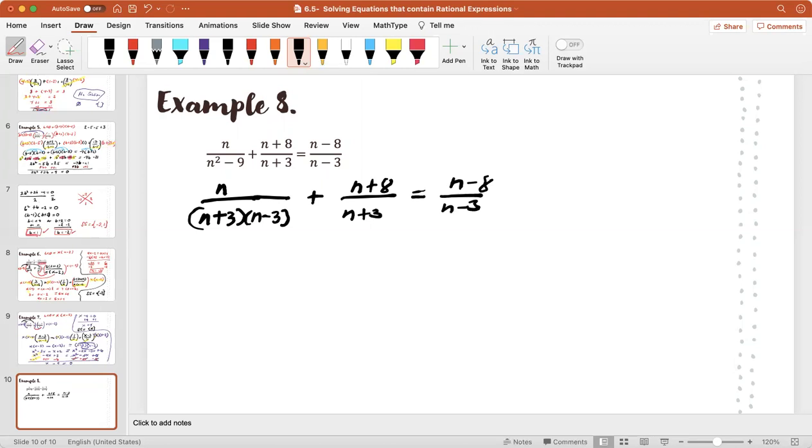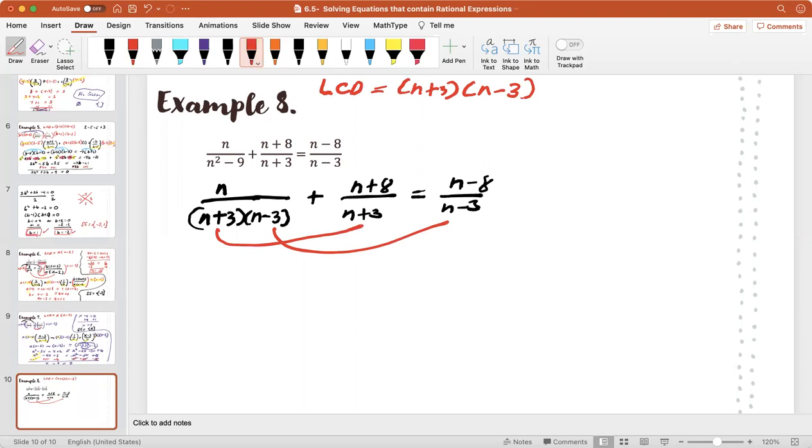Let's use our strategy now to find our LCD. What's our LCD? Okay, first, common. Anything? n plus 3, take it. n minus 3, take it. We are left with nothing. All right, so we have our LCD, n plus 3, n minus 3. That's our LCD there. And we use that, of course, to multiply